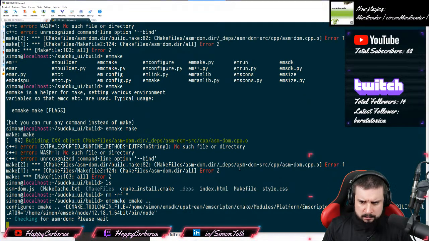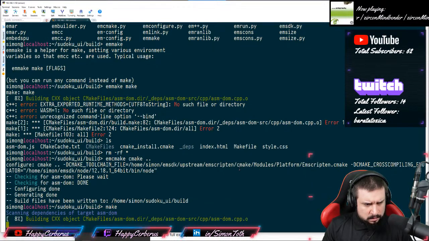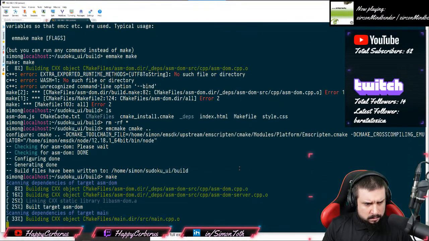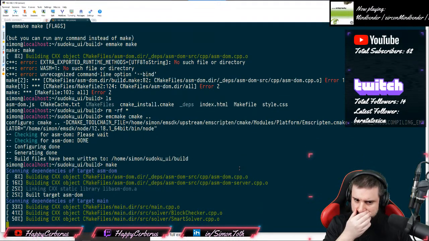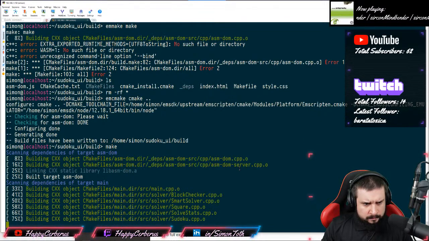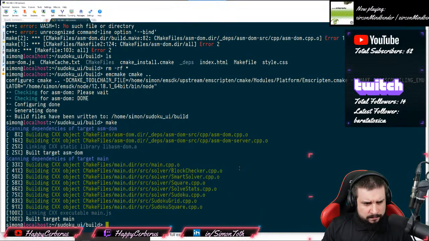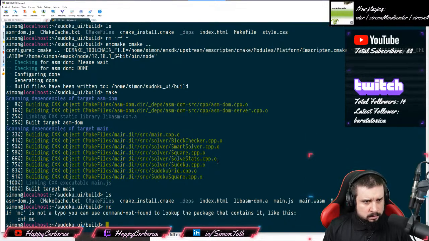So now it seems to be correct. And now I just do make, I think. Okay, so this seems to be compiling with C++20 fine. But to be fair, there's no C++20 code in here, so let's just grab our new